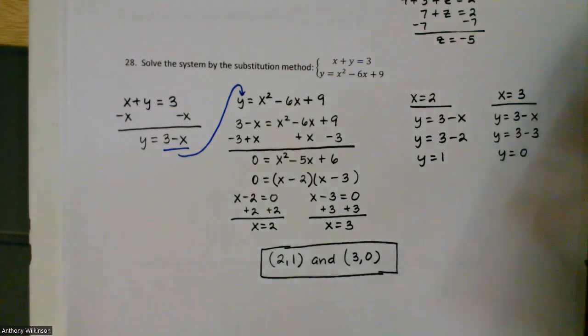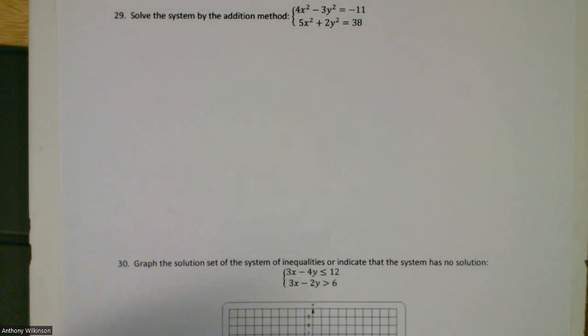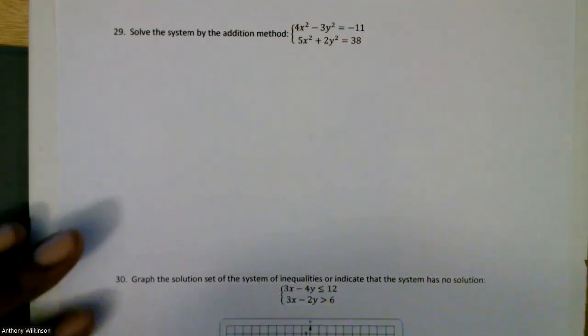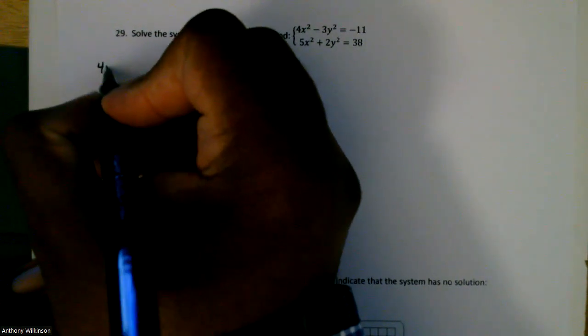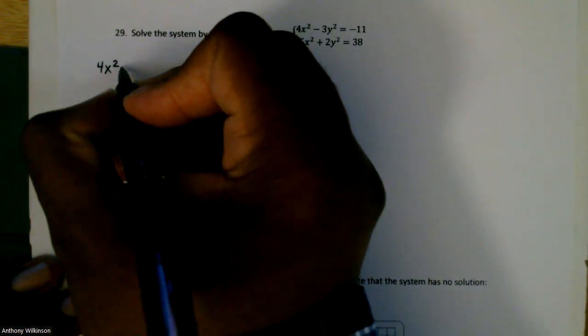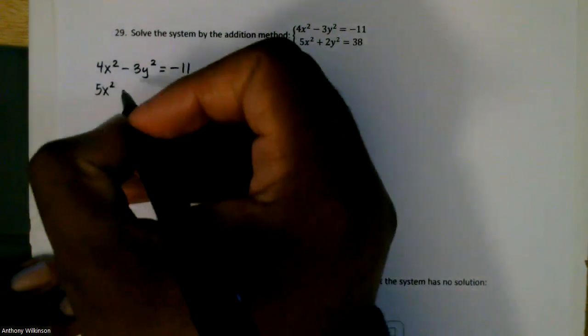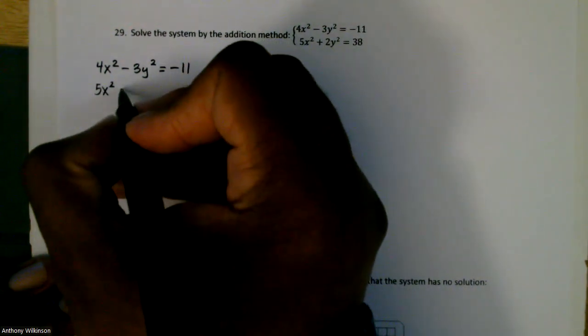Okay. All right, problem number 29 is solving the system by the addition method. Here I got 4x squared minus 3y squared equal negative 11. And then 5x squared plus 2y squared is equal to 38. All right, so let me go ahead and write that down as well. 4x squared minus 3y squared equals negative 11. And then 5x squared plus 2y squared